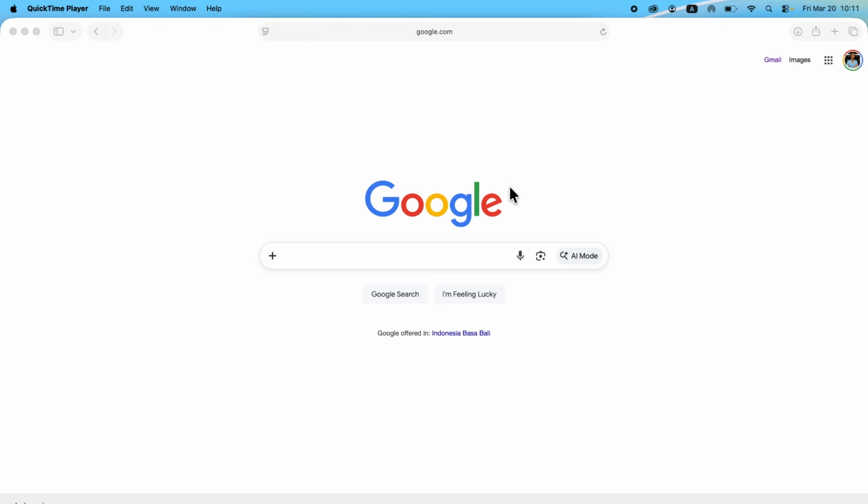How to fix Safari is not opening websites on your Mac computer. So if you're having issues opening a specific website, I'm going to show you a couple of ways on how to solve this. So first thing you need to do is open up a Safari browser, click on Safari in